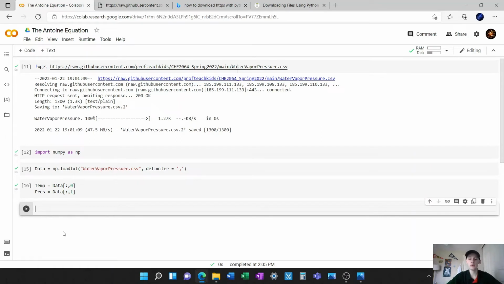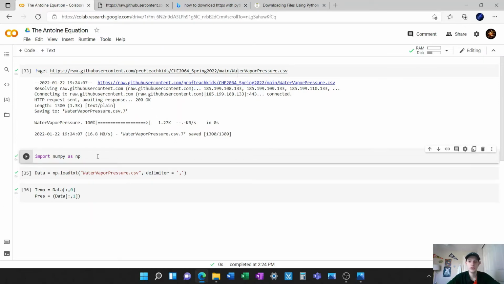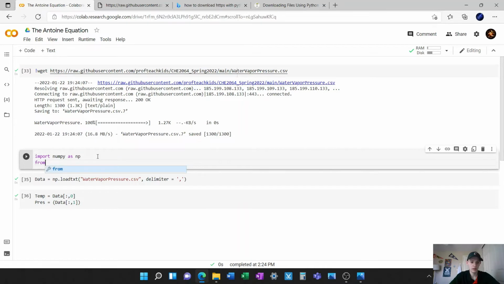And the next thing we're going to do is we want to plot our pressure and temperature data. And then we can perform a linear regression to model that data on a graph here. To perform a linear regression on the pressure and temperature values that we have, we need to use some sort of graphing tool to make a scatter plot, and then we can make our line to model the data. So to do that, I'm going to use Plotly, which is another Python library, and I want to make a subplot. So we're going to specify from